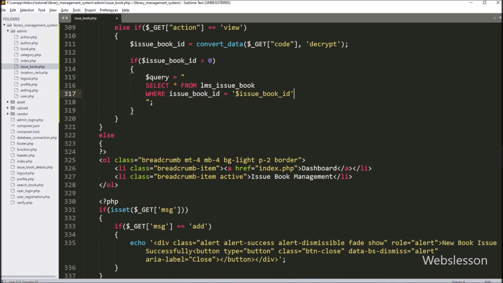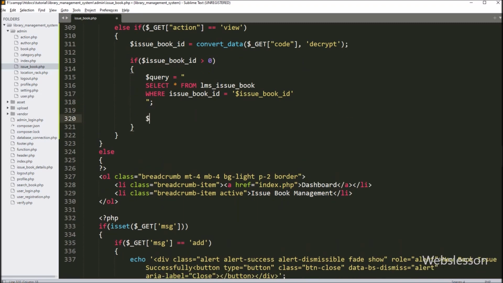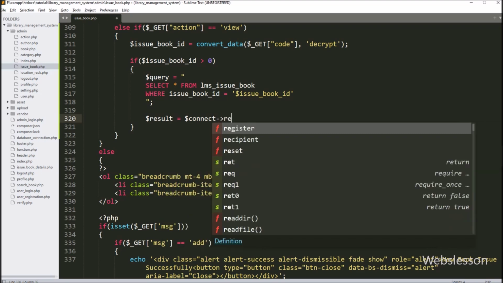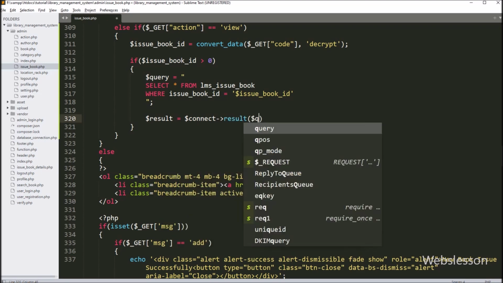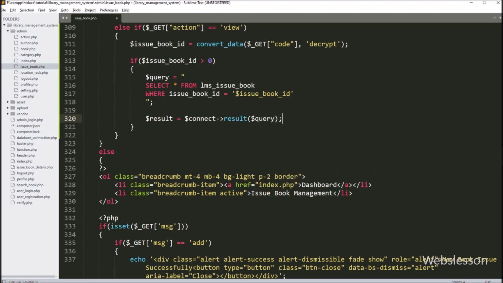So this query will fetch single issue book data from the MySQL issue book table. Now below this, here we have to write $result variable is equal to $connect variable with query method, and under this, we have to write $query variable. So here this query method will execute above query, and it will return query execution result in array format.